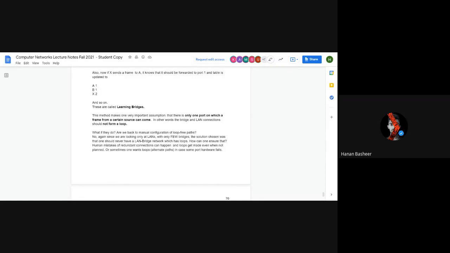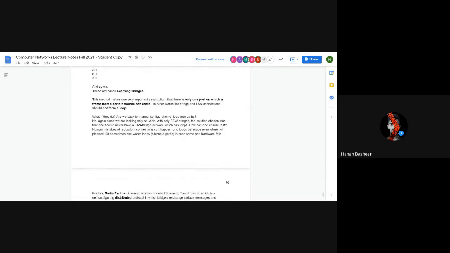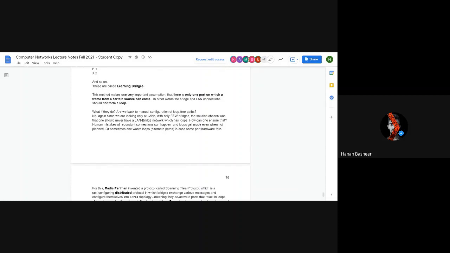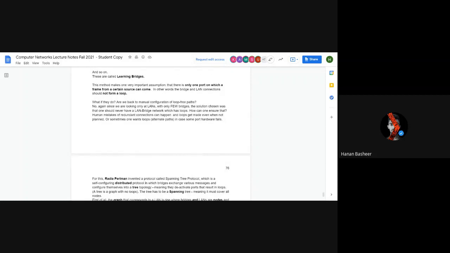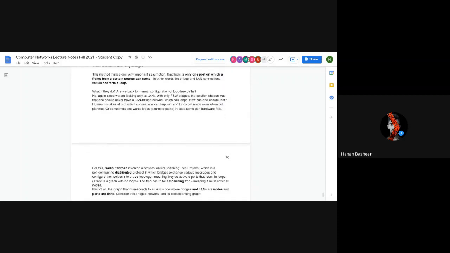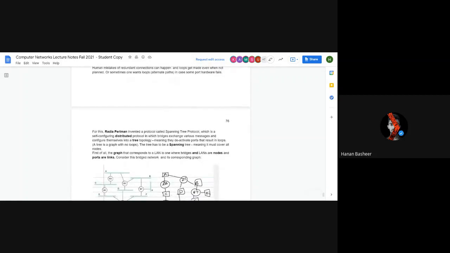Then the method makes one very important assumption: there is only one port from which a frame from a certain source can come. So LAN connections cannot loop. That is a strategy which is implemented using the spanning tree method.